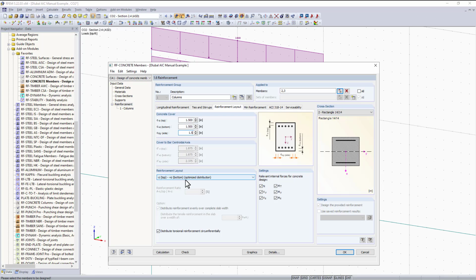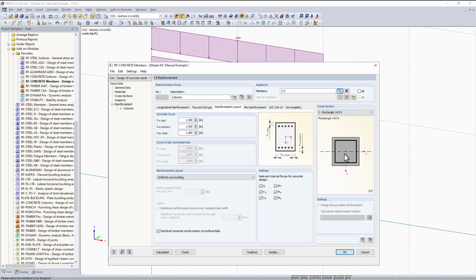Since we are designing our columns here, we want the reinforcement layout to be designed for a column, and you can see in the picture on the right over here, this is more for a beam. So we want a design that focuses more on biaxial bending. So using this drop-down box over here, we can choose uniformly surrounding. And now you can see over here on the picture that it's changed, and now the reinforcement is more effective